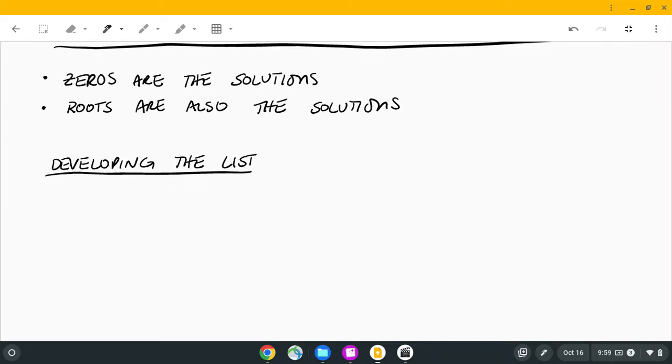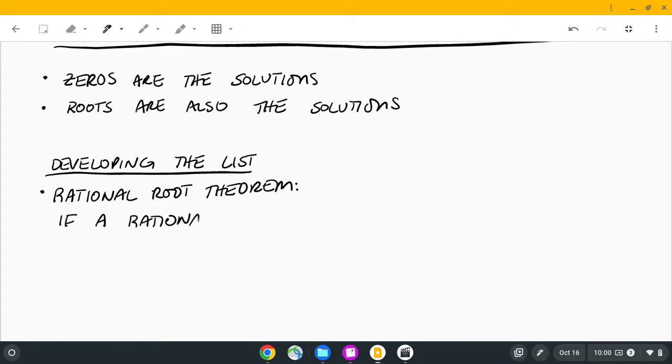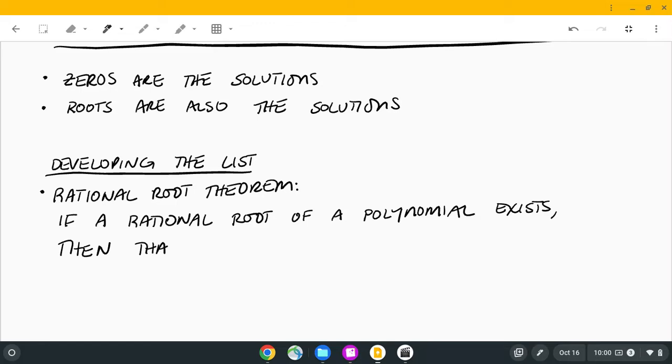So what we do here is we use what's called the rational root theorem, which states that if a rational root, that's a solution, of a polynomial exists, then that rational root has the form,